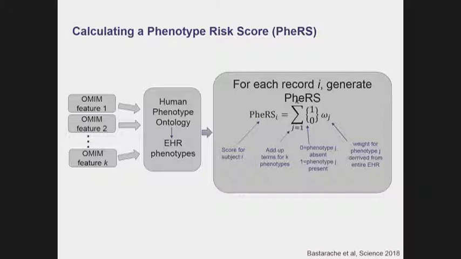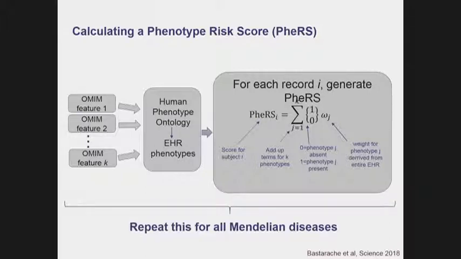Another way to think about reading out that, recently published, is looking at what we call a phenotype risk score. If you take a number of features defined for a given Mendelian disease, for instance, you can take different ontologies and map from a human phenotype ontology to EHR phenotypes. In that process, just like a genetic risk score, we can calculate a phenotype risk score based on the presence or absence of symptoms and their given weight in the electronic health record,